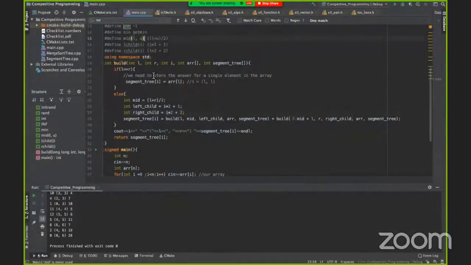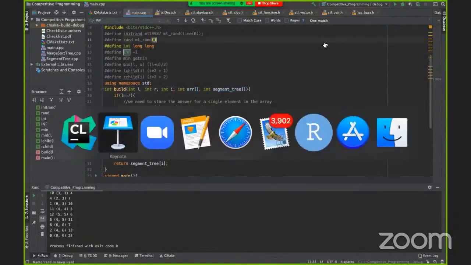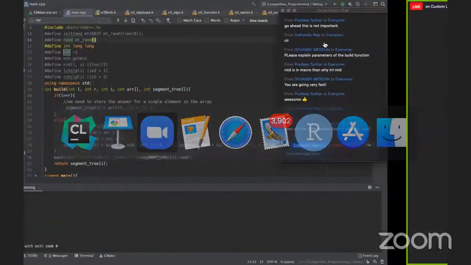So over here, similarly in this function, L and R are basically the range that we're storing the answer for. I is the index at which we're storing the answer. Okay. ARR is just the input array that we're given, and segment tree is our segment tree, right? So those are the parameters. Is that fine?